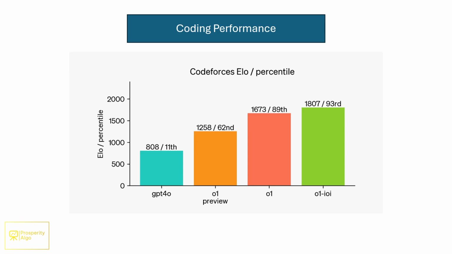So it was essentially a pretty mediocre programmer. And what I've seen using ChatGPT as a coding assistant would be consistent with that. Yes, it can generate code, but its code is pretty buggy, and it's not necessarily the world's greatest coder. Whereas under this new O1 model, the one which was trained specifically for this competition, placed in the 93rd percentile. So that's taking us from a pretty terrible programmer to an extremely good programmer.